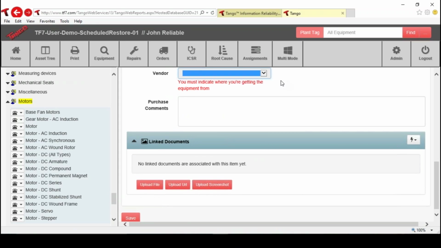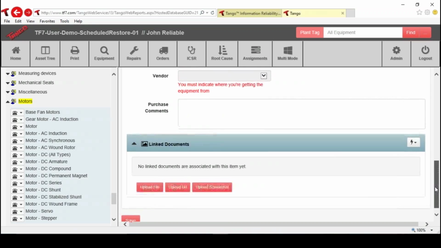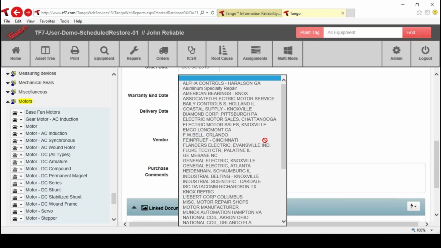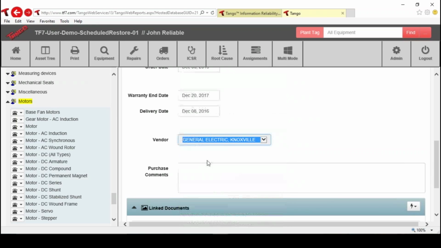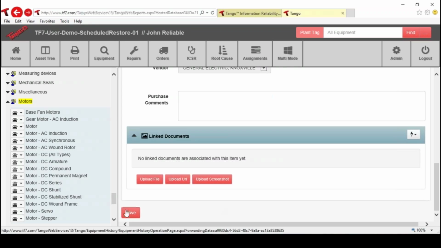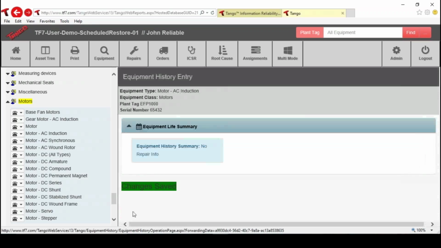Because I have to pick a vendor, I forgot to do that. So let's tell it what vendor we have. We bought this from Knoxville. And so now if I go to my history,